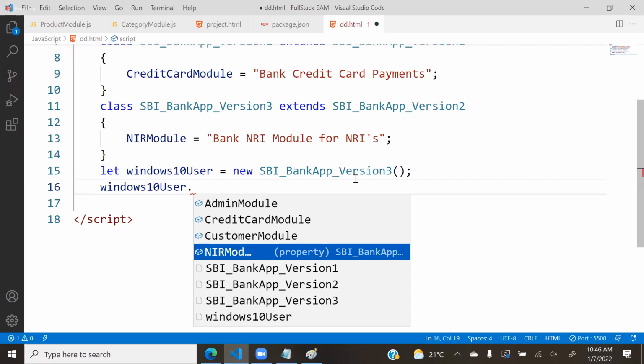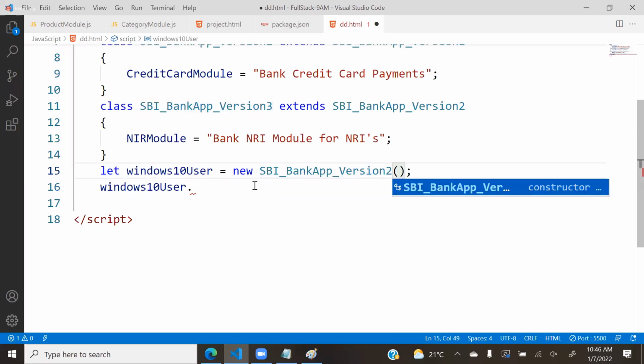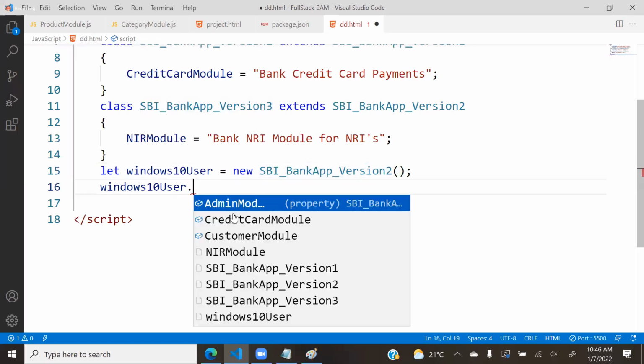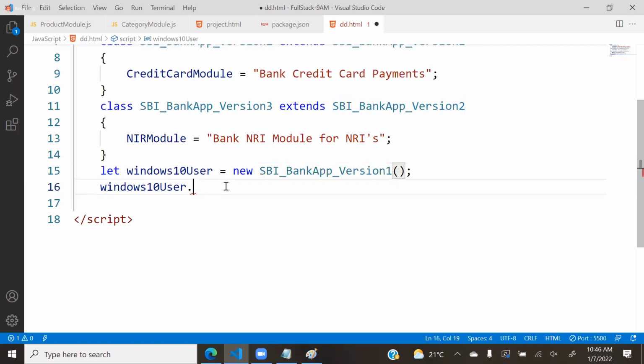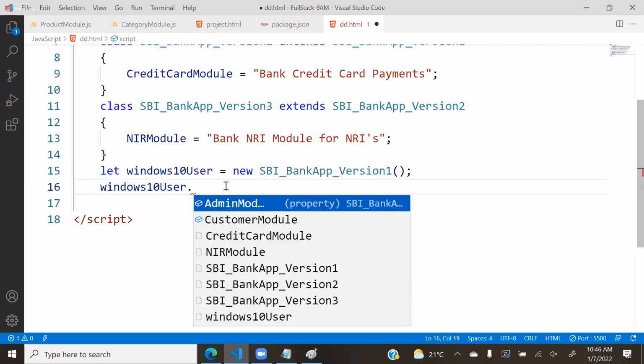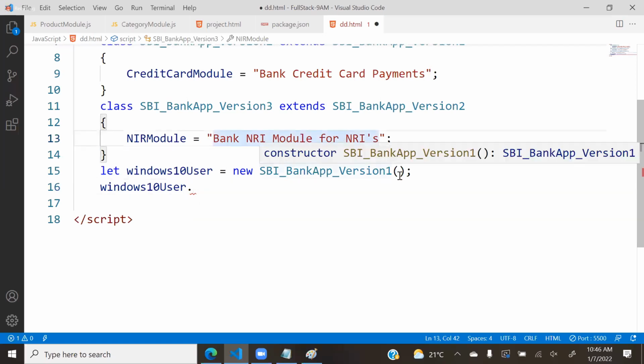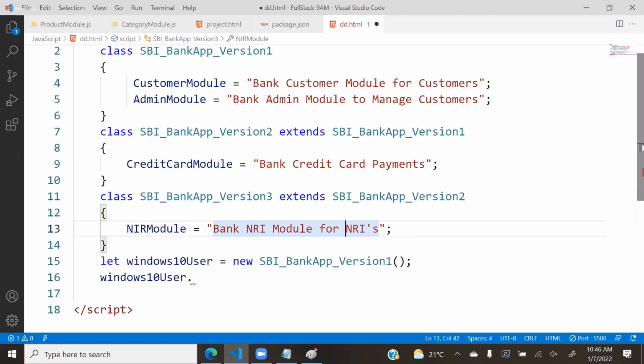If this is the second version, then he can access only admin, credit card, customer. NRI module is not available. If it is the first version user, then he can access only admin and customer. That depends on which version object you are creating. This is called extensibility. Extensibility means without disturbing the existing versions, you extend the new version and provide